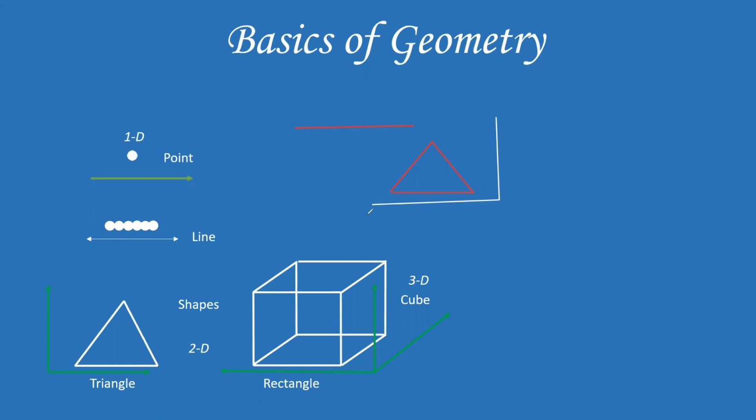Okay. So let's say this is y and this goes this way. If you look at it, the triangle is also going like this. And the triangle also has height. Look, the height here is h. And the triangle has a length, l, like this. Okay, so it is going in two directions. This is not y, this is x. So I would say that this is 2D. 2D means it is going in two directions.